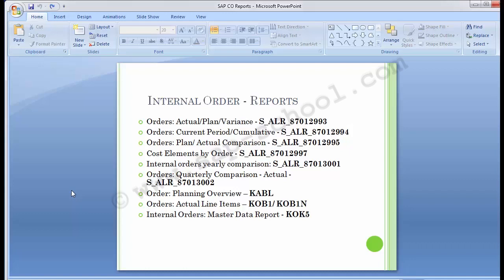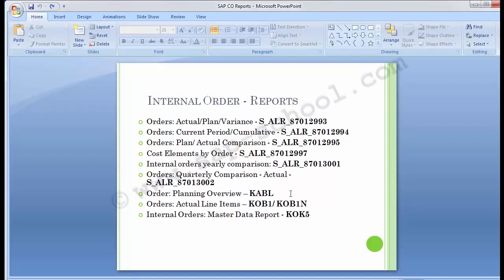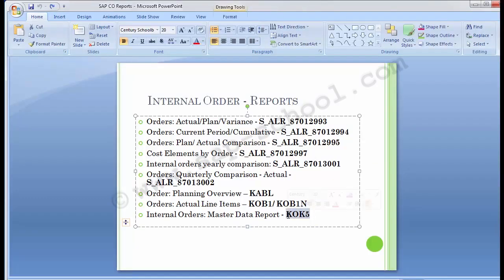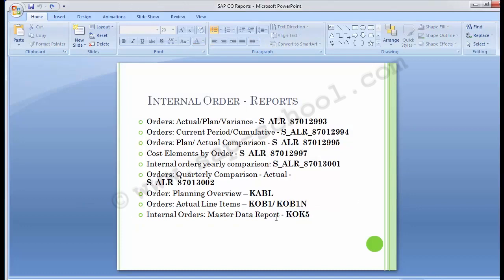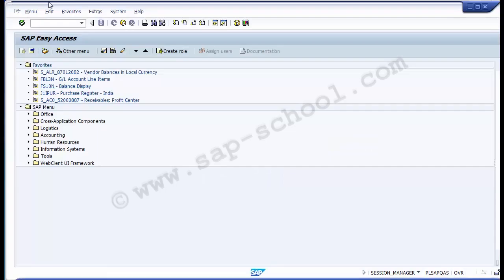Now moving up to the last report on internal order, that is the master data report. So if you create any internal order, it is master data, and you want to see the master data details, that is what is the name, who created this, when was this created, and in case you want the whole list of different internal orders, you can have that with this particular transaction, KOK5. So executing the report